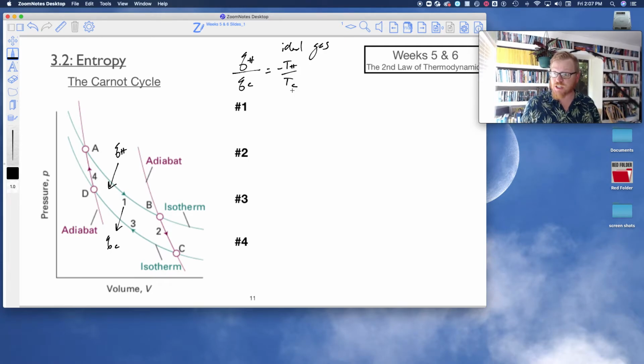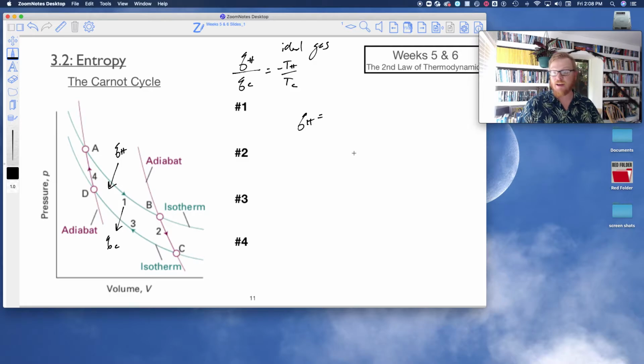Okay? So that's actually a pretty powerful result. That actually has significance, and the significance is related to the bigger picture of this Carnot cycle, which I will get to momentarily. But the way that we prove this, okay, we note that QH